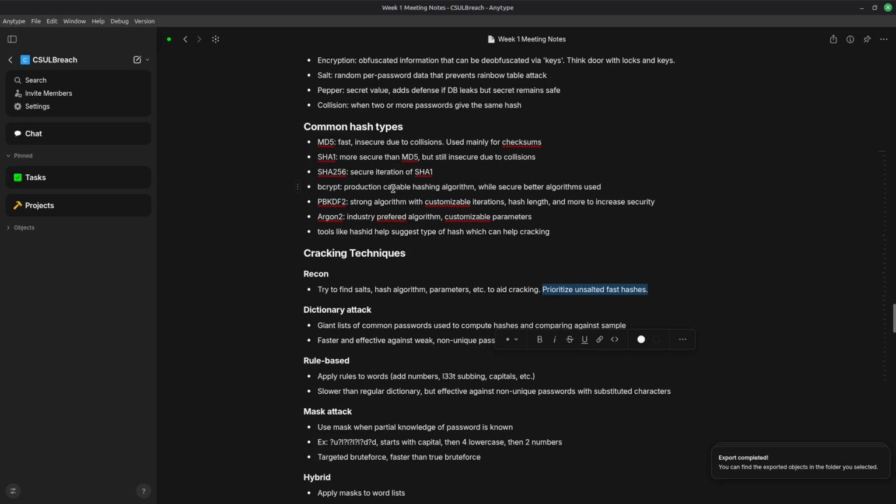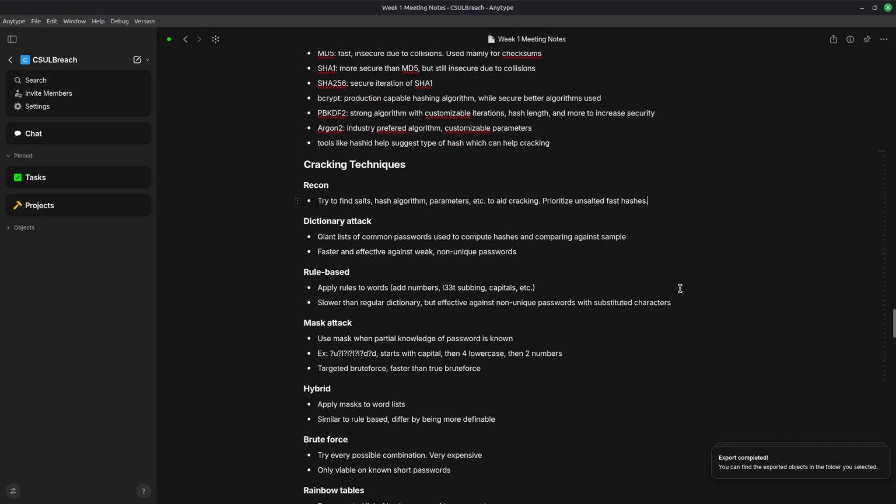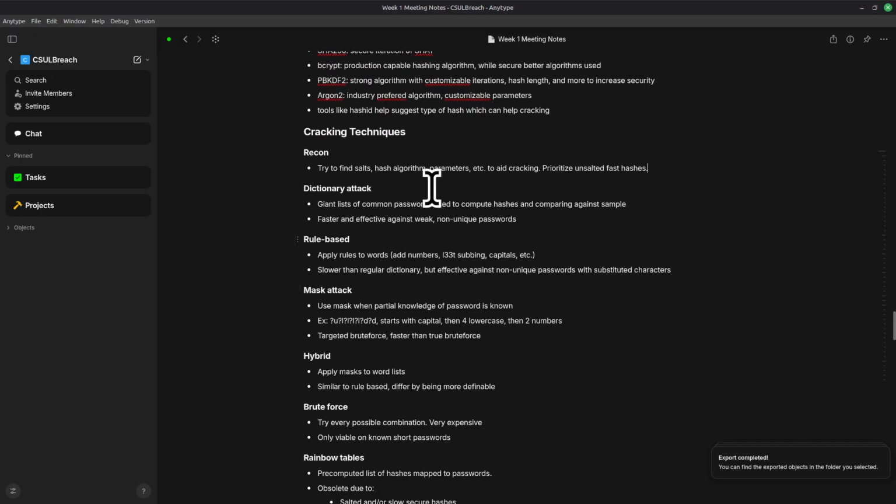So an attacker could basically reverse my password database in a matter of maybe hours, depending on the size of the database. Attackers are going to prioritize the easiest solution. It makes sense, right? Why would they go for something that's harder when they can do the same thing if it's easier? Cool. Now moving on to actual